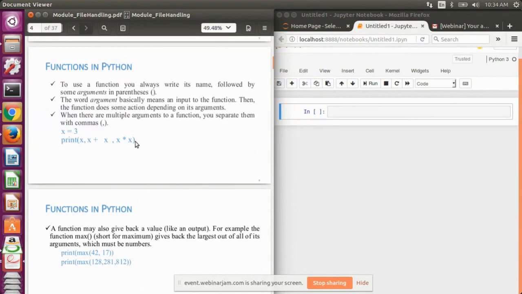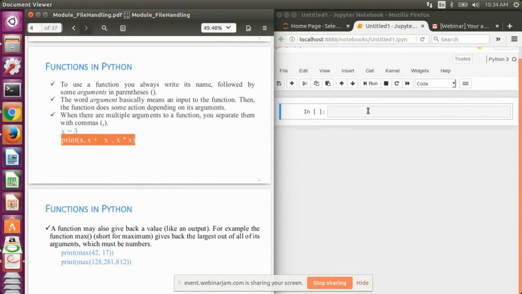Print is a predefined function in Python that we use to get output on the screen. Here we are calling the predefined function print, and in the arguments we are passing x, x plus 1, and x star x.